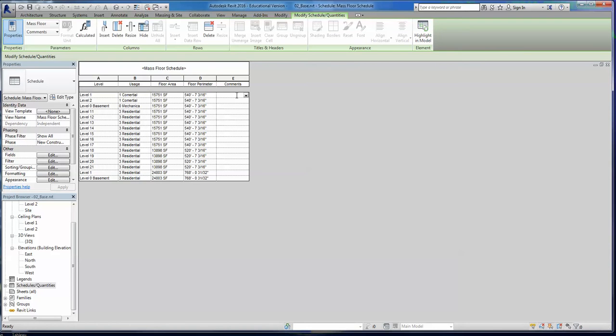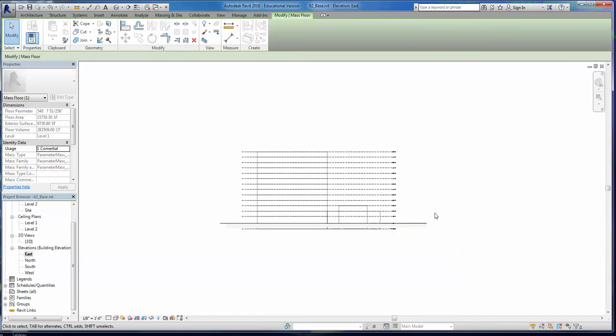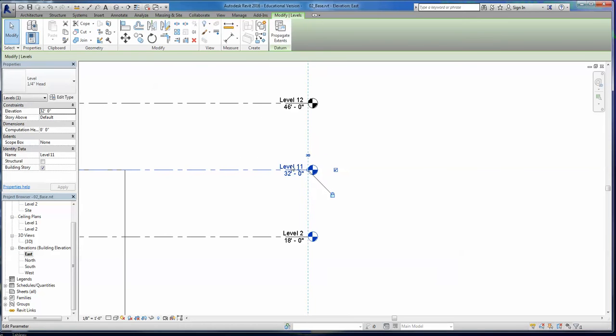Okay. Now this is it. We could add comments like, hello, this floor is cool and the other one is not. So you can add any parameter that you want. But you already have some information that is very valuable. For each of the levels, we have the floor area calculated, and it's changing, which is very convenient. Important to know is that obviously the levels are not properly organized here, so I will probably go again and change the levels properly by clicking here and start saying this is number 3,